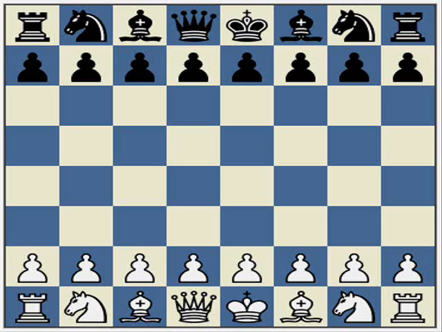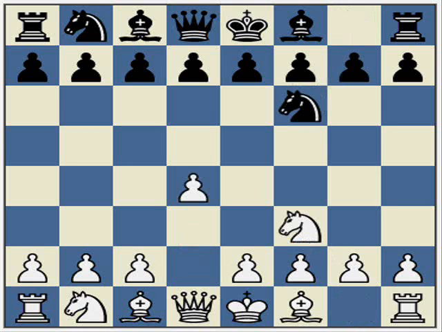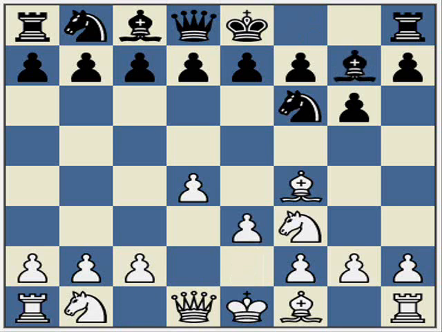So if you play the London system against the King's Indian defence, these opening moves will look very familiar. d4, knight f6, knight f3, g6, and here black signals their intention to fianchetto their dark square bishop, castle kingside and basically play for e5. White continues with bishop f4, bishop g7, e3,